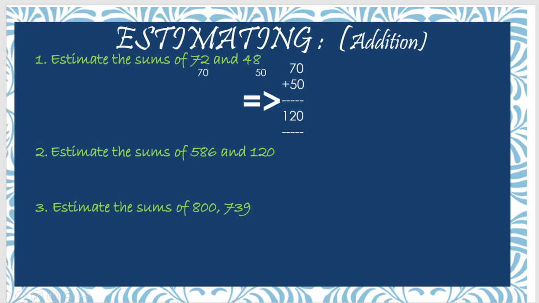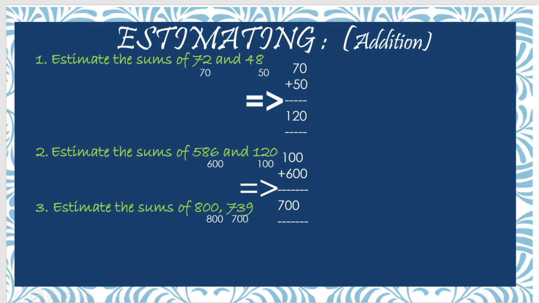Next, the second question you have to do. Can you do it earlier than me? Yes, now you can do it. 568, 586. The number will be 600 because 6 is a greater number. Right, 120. It will be 700. Okay, next number is,